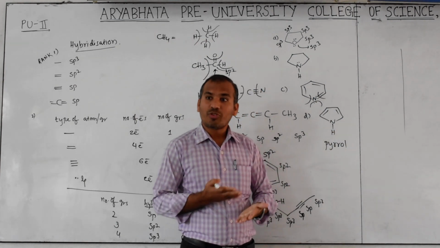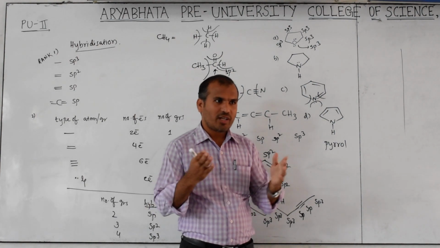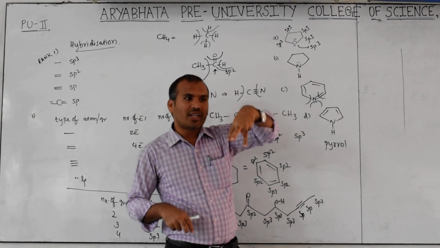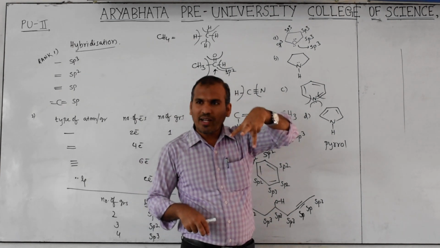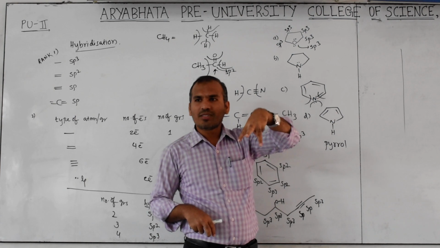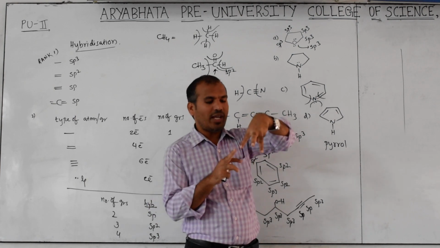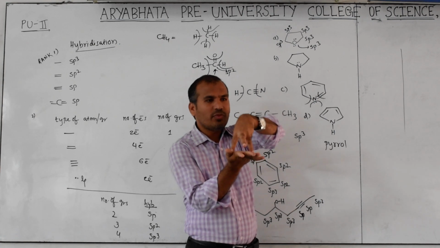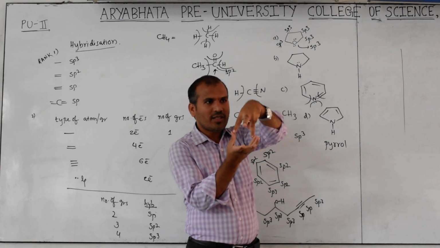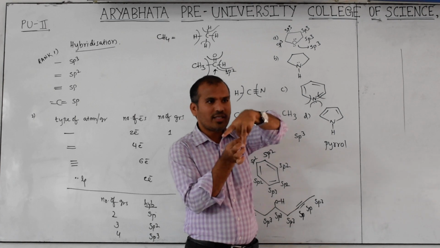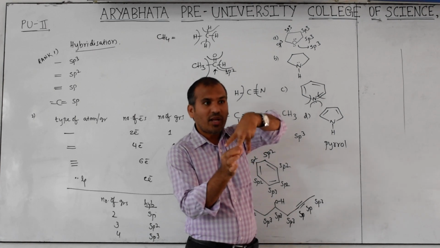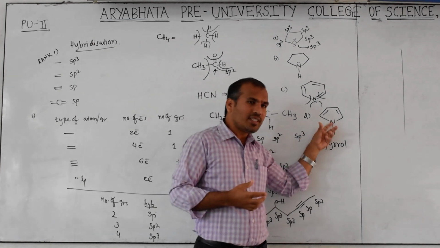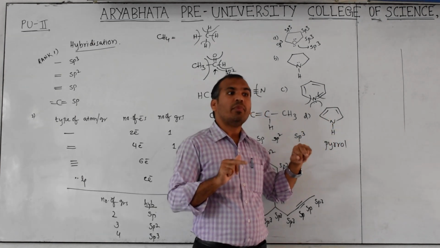When it is aromatic, it should be a planar molecule, conjugated and planar. If it is sp3 hybridization, what is it? Tetrahedral. Tetrahedral is not a planar structure. Consider this is the plane, and these two fingers are placed on it, outward, otherwise inward. So they are out of plane. The point is, if it is like this, then its planarity is missing.